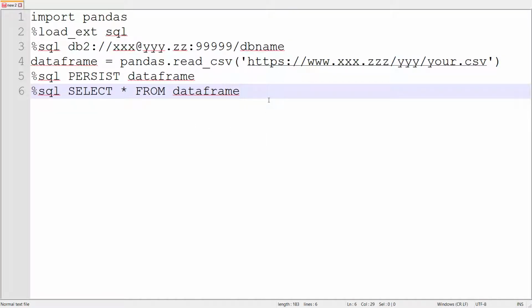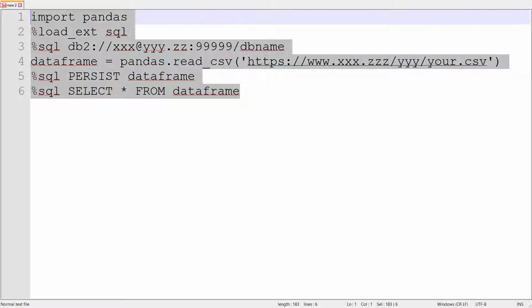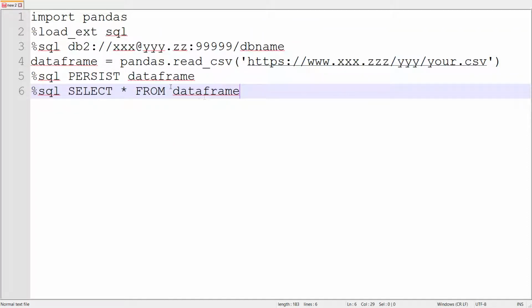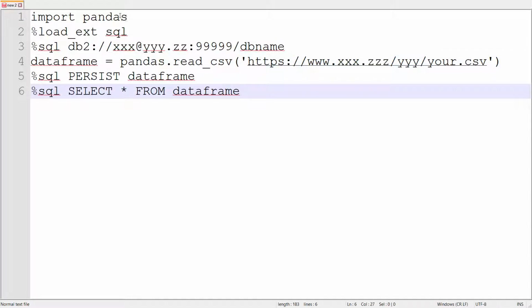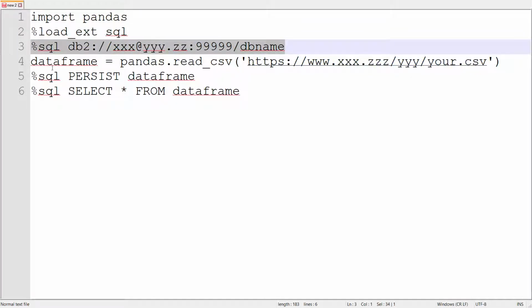Okay. For those that are just listening and not watching the video, I'm realizing now that they have no idea what is on the screen and what these lines of code are. We have import pandas as the first line. Then you have load_ext sql as the second line. The third line is where you make the connection.